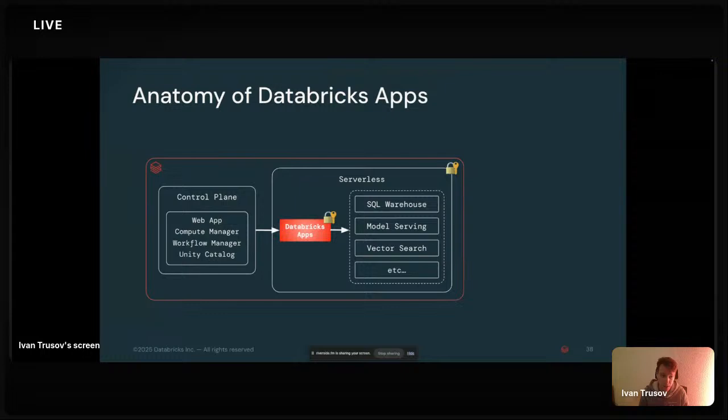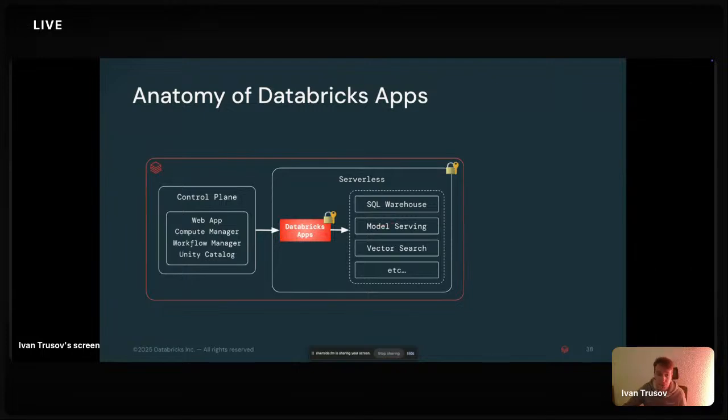But what apps can definitely do is reach out to different services and product surfaces that you run on Databricks and communicate with them using the Databricks SDK. In my example, the app reaches out to a SQL warehouse to send a query, then pre-processes the response and returns it back to the client UI.